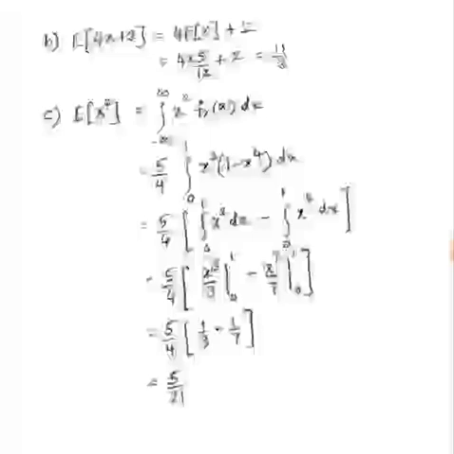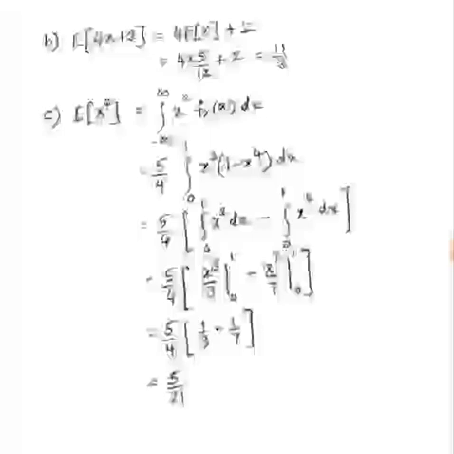The third thing that we need to find out is the mean square value, that is E of x square. By definition, it is the integral from minus infinity to infinity of x square into fx of x dx. For our numerical, the limits are 0 to 1, and fx of x was 5 by 4 into 1 minus x raised to 4. So 5 by 4 we again take common, and multiply x square into 1 minus x raised to 4. So again we split it,